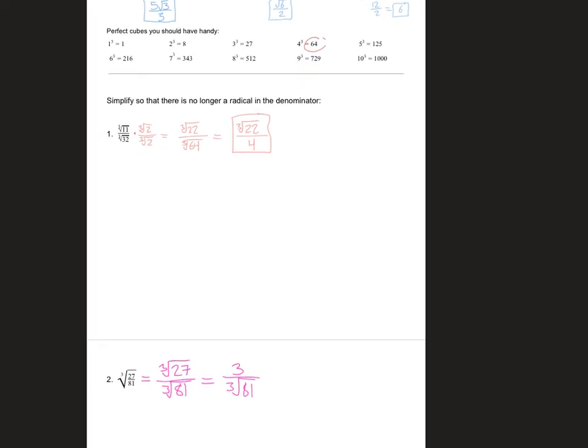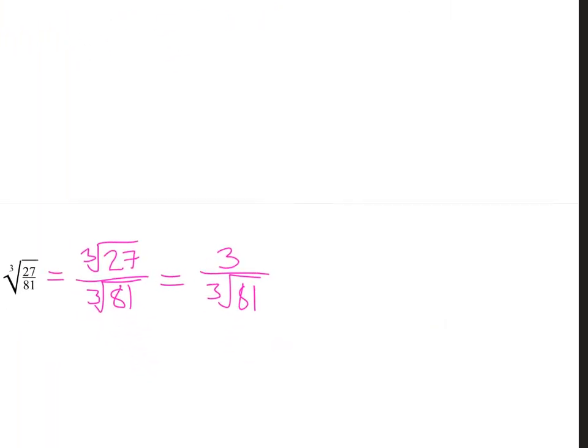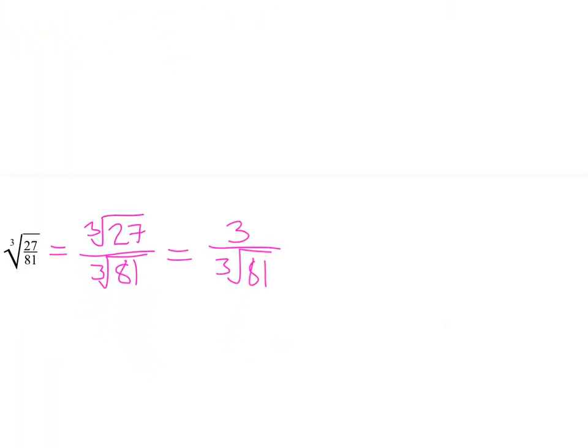But I noticed that the square root of 81 is 9, so really 9 times 9 is 81. If I multiply by another 9, I'm going to get this perfect cube up here. 81 times 9 should give me 729, right? So that's what I'm going to do. If I multiply another 9 to that, it's going to get me a perfect cube, so that's what I'm going to use. Cube root of 9 over the cube root of 9,